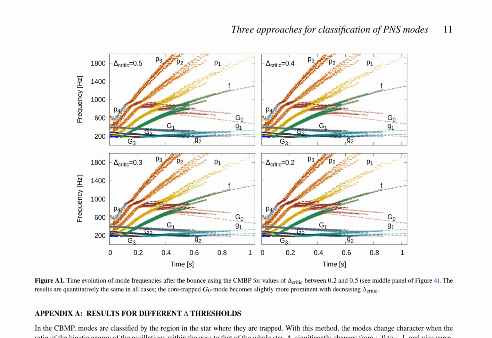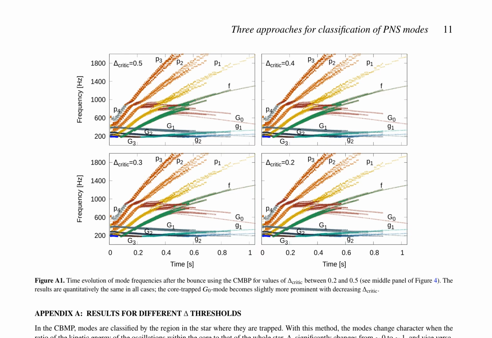The authors present three approaches for classifying PNS modes, focusing on the CBMP method, which categorizes modes based on the region in the star where they are trapped. This classification depends on the ratio of the kinetic energy of oscillations within the core to that of the whole star, denoted as delta. The authors investigate the impact of varying the critical threshold value, delta critic, on the classification